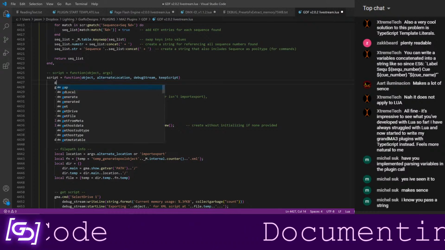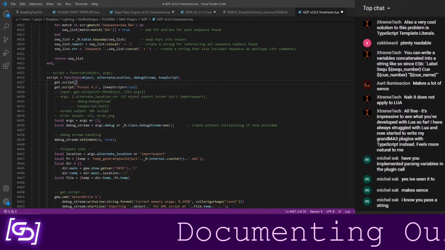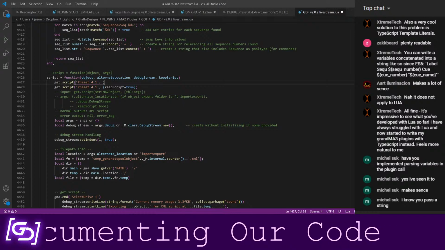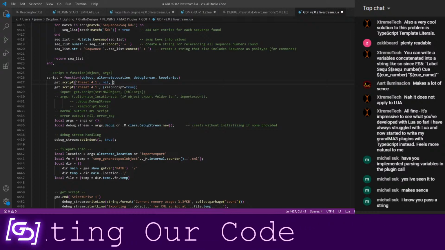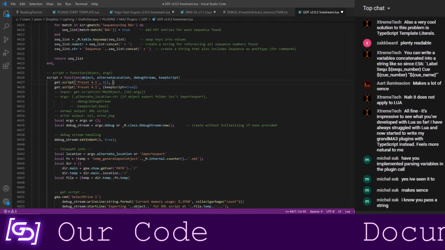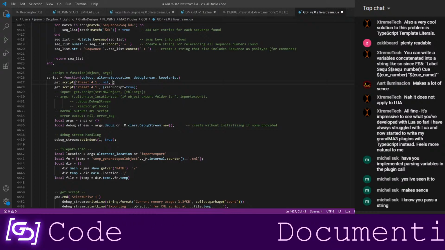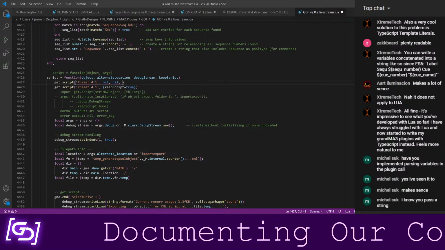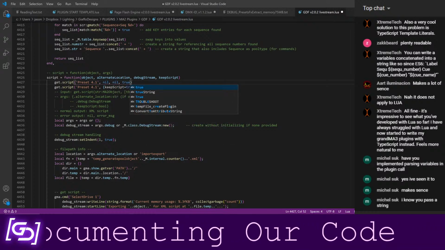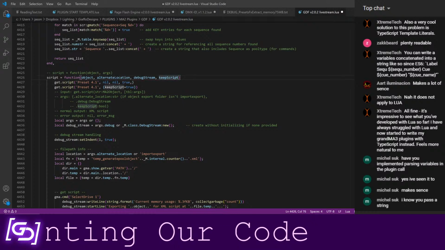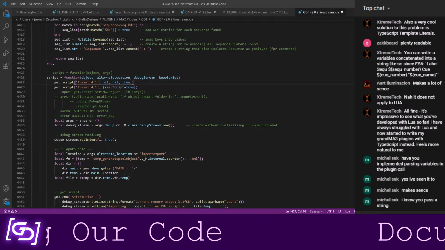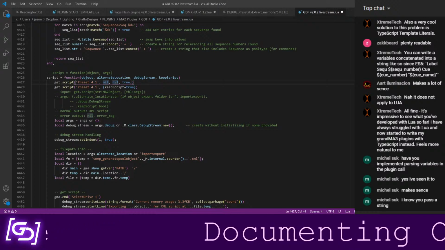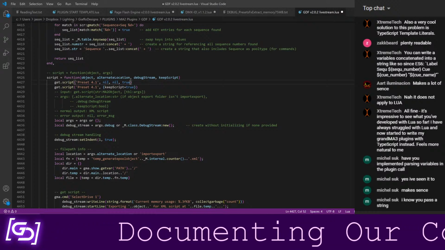So I would be calling get script, say preset 4.1, and then I would say nil because I don't have an alternate location. A debug stream, well, this is a short plugin, so I don't need a big debug stream, which is that object I was talking about earlier that writes a big text file. I don't need that, so I'm going to give it another nil. And then, okay, now I do want to set it to true. Now, if I didn't need to set this to true either, I could have just terminated it right there. But now I've got to set 2 nil arguments, which is saying nothing. It's a placeholder. And now I have to get all the way out to there by passing 2 nils.